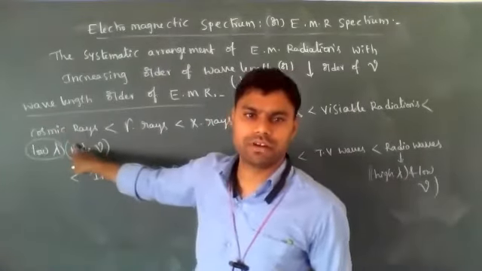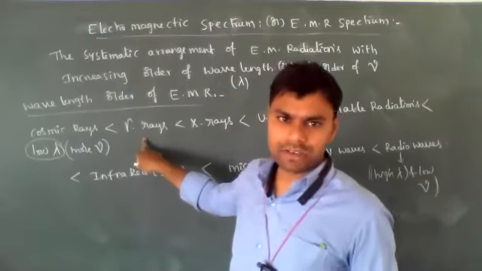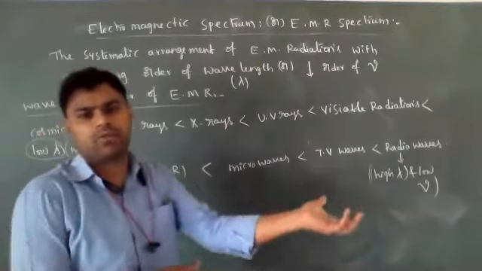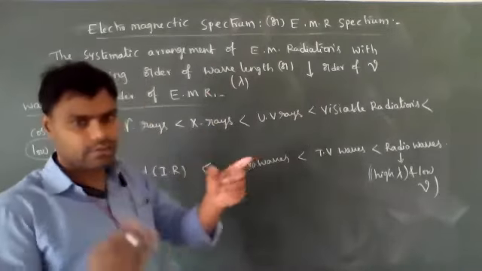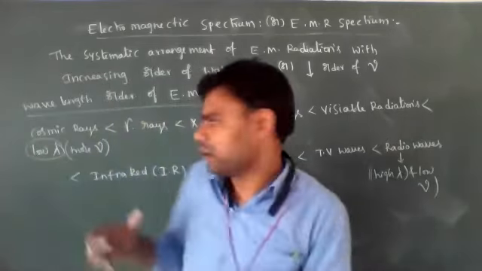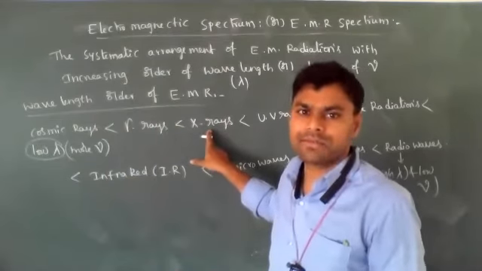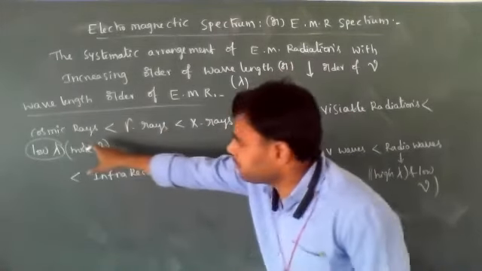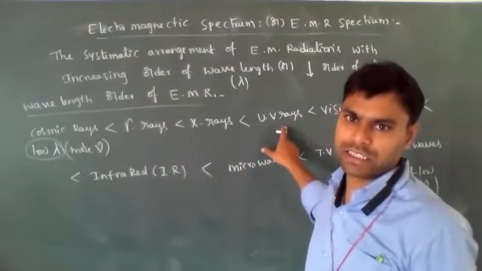Cosmic rays are very harmful and dangerous. Cosmic rays cause cancer. Gamma rays are also very harmful. X-rays: we already know that if any bone fracture happens, doctors first suggest taking an X-ray. Then we know how the bones are fractured, and they get an idea. After that they do the treatment. So that is the use of X-rays. X-rays are also a little bit harmful, but if exposed to more X-rays, it causes cancer also. So the harmfulness decreases from left to right. UV rays are also harmful. Ultraviolet radiations also cause cancer.